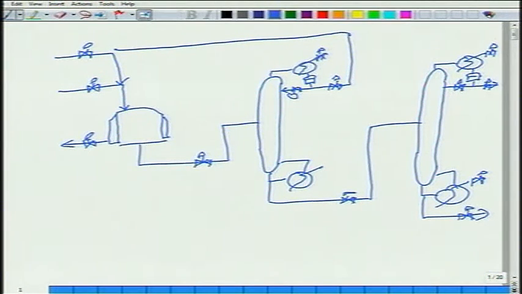Okay. So we are putting in A, putting in B. A plus B gives C, C plus B gives D. You are taking out C up the top here, you are taking out D down the bottoms here, and this is AB recycle. Now I am going to have my throughput manipulator this way.